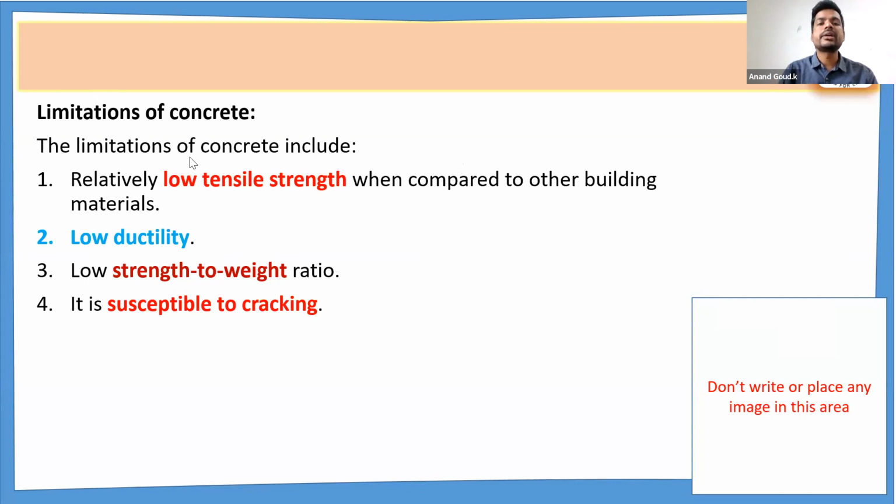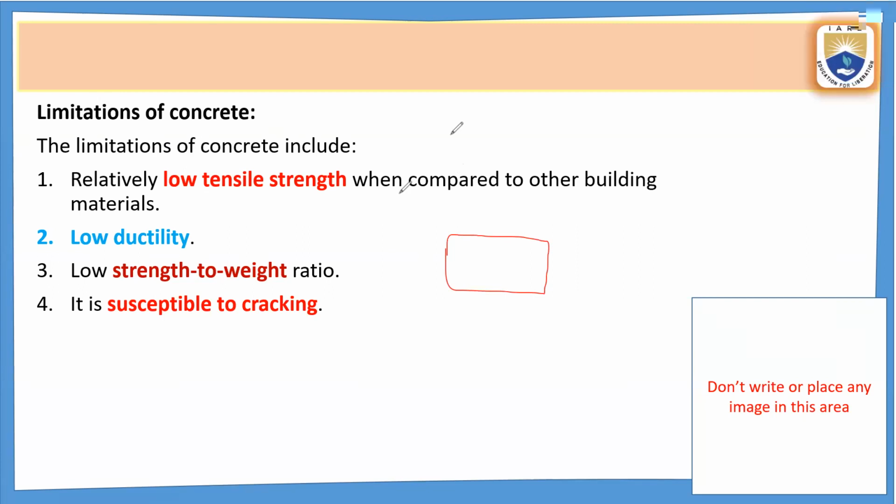concrete is strong in compression. Okay, it can take compressive loads more compared to tensile loads. Suppose if this is your concrete, as we have discussed, concrete is strong in compression. Suppose this is the compressive load nature, right? So this is how we are going to apply the compressive force. So when you apply the force like this, then it can bear maximum amount of load up to its limit.